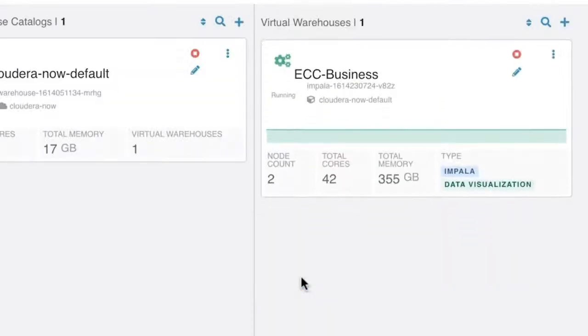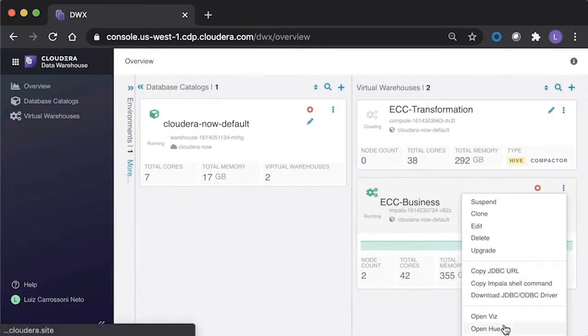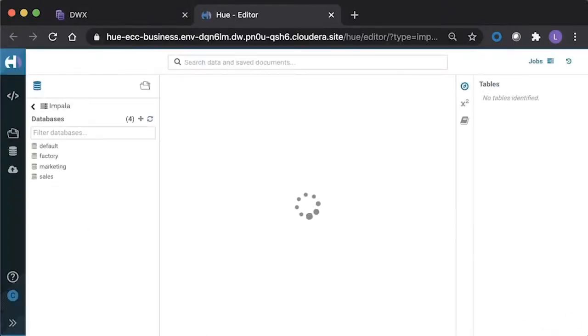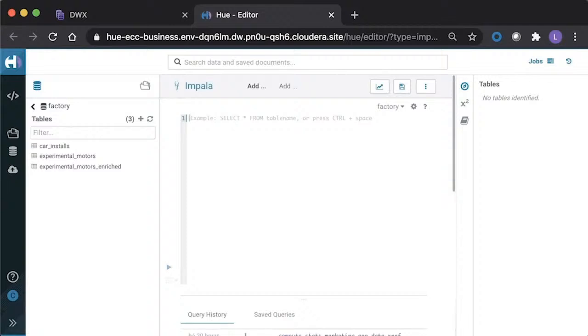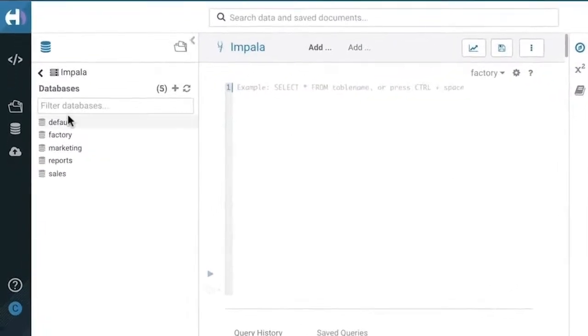This will create a new set of compute resources based on the configuration that I passed. After creation, I can use it to plug in a third-party tool to access this virtual warehouse and query and process the data, or I can pass it to another business area to query the data and start using the platform. Here, I have already created a virtual warehouse that I can simply click to access to start querying the data directly, and also to explore the tables, all the metadata, the data that we have available for our